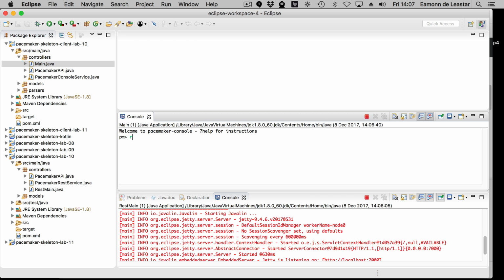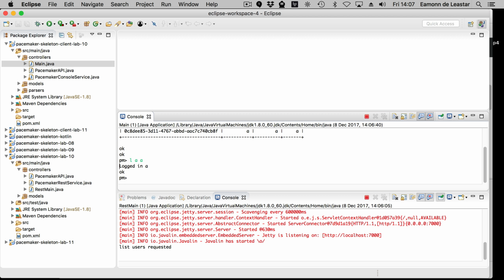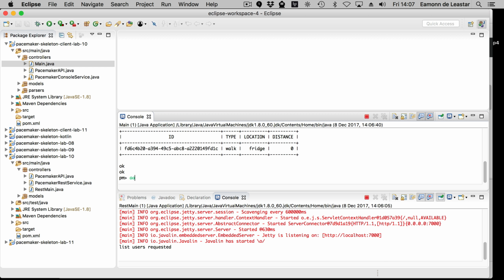I can register a new user. I can log in as that user. You can see in the item below a log message has appeared, list users has been called. I can add an activity. I can add another activity. And I can list all activities. This is at the top here in console, we have a client application interacting with the server application down here. Okay, let's terminate these